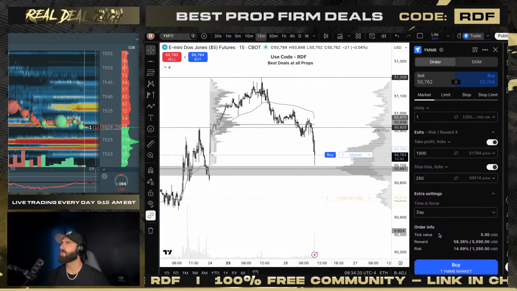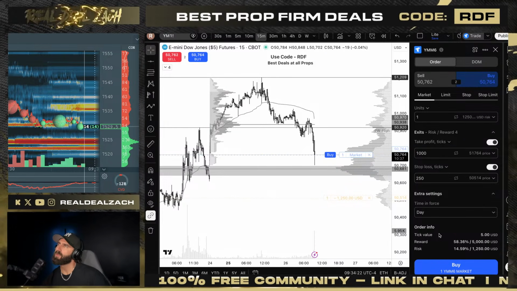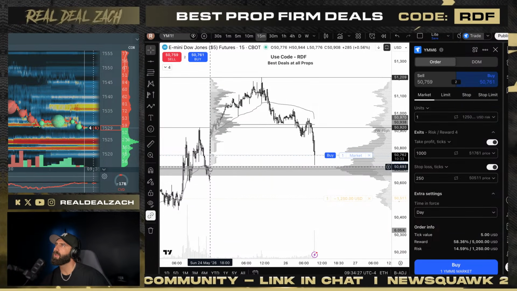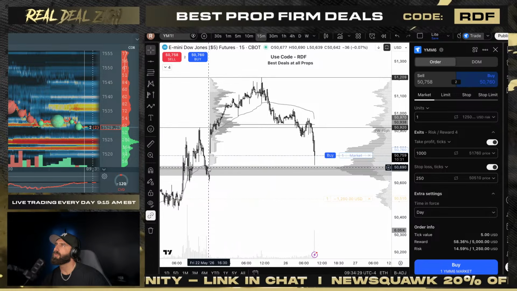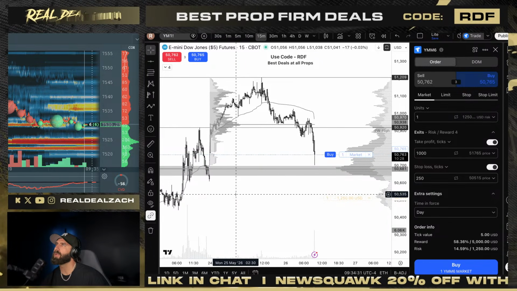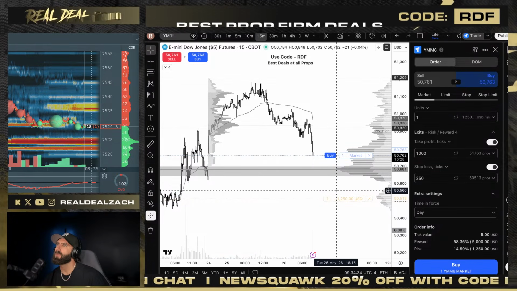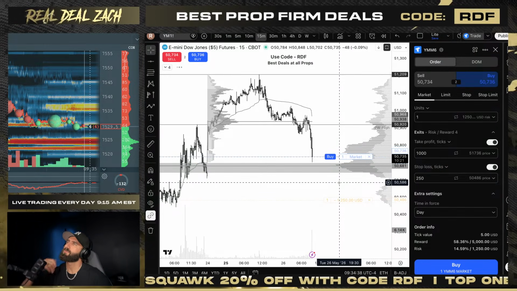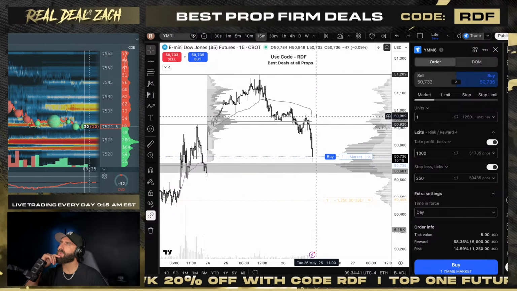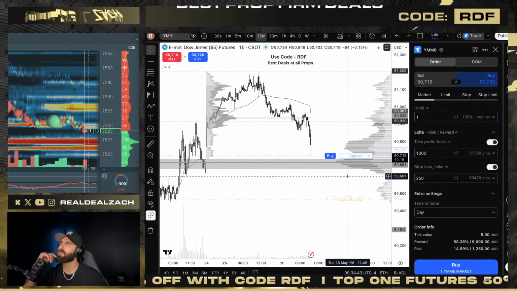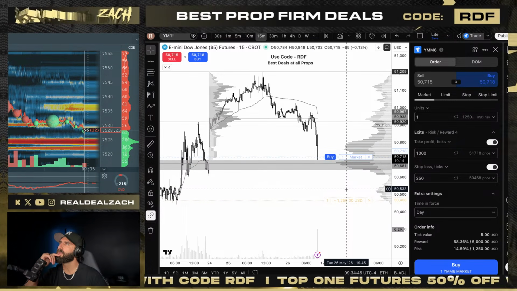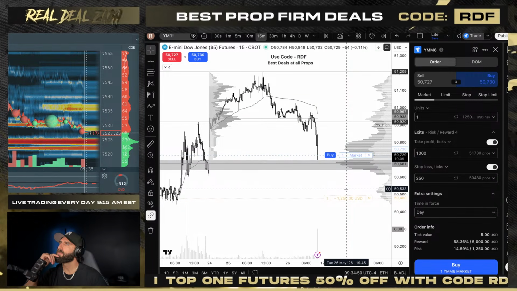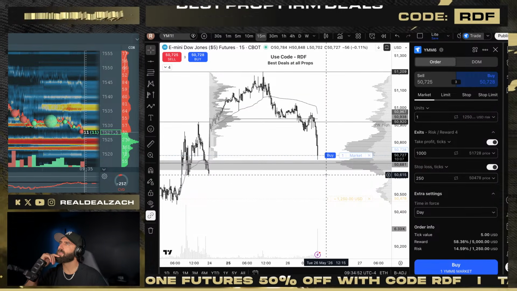Man, I really do like this long. Let's see if we get it. We don't want to come all the way down and fill. Close. Really close, but not taking it. Let's see. Still super valid. If we come all the way back through and hit VWAP, it's obviously invalidated. Okay, here we go. Let's see if patience is going to pay me today. Looking for a nice clean out down here, man.